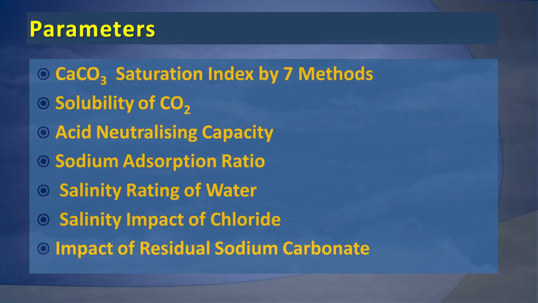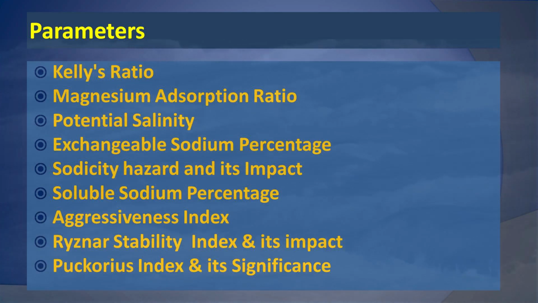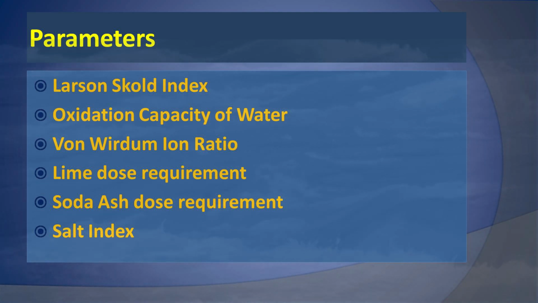index by 7 methods, solubility of CO2, acid neutralizing capacity, sodium adsorption ratio, salinity rating of water, salinity impact of chloride, impact of residual sodium carbonate, Kelly's ratio, magnesium adsorption ratio, potential salinity, exchangeable sodium percentage, sodicity hazard and its impact, soluble sodium percentage, aggressiveness index, Reisner stability index and its impact, Pocorius index and its significance, Larsen-Skold index, oxidation